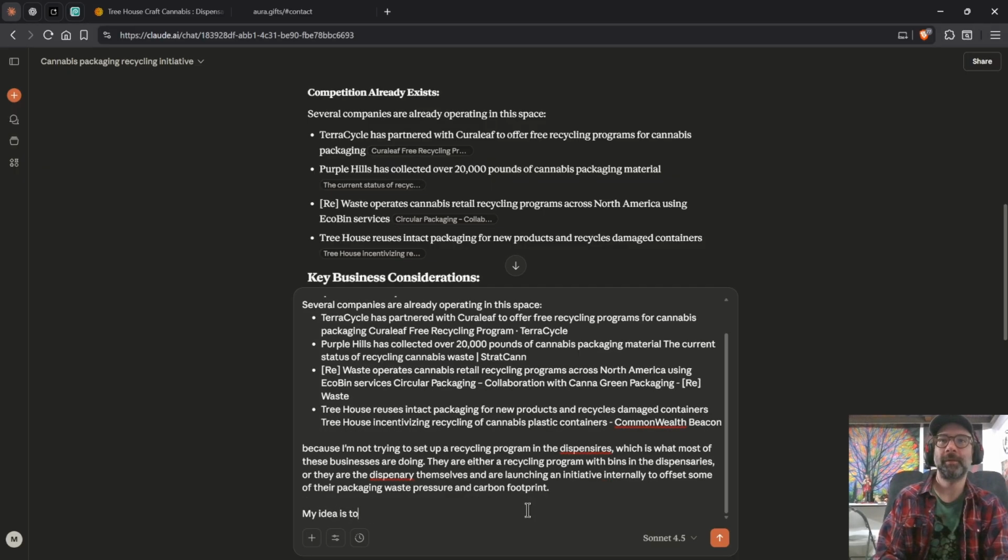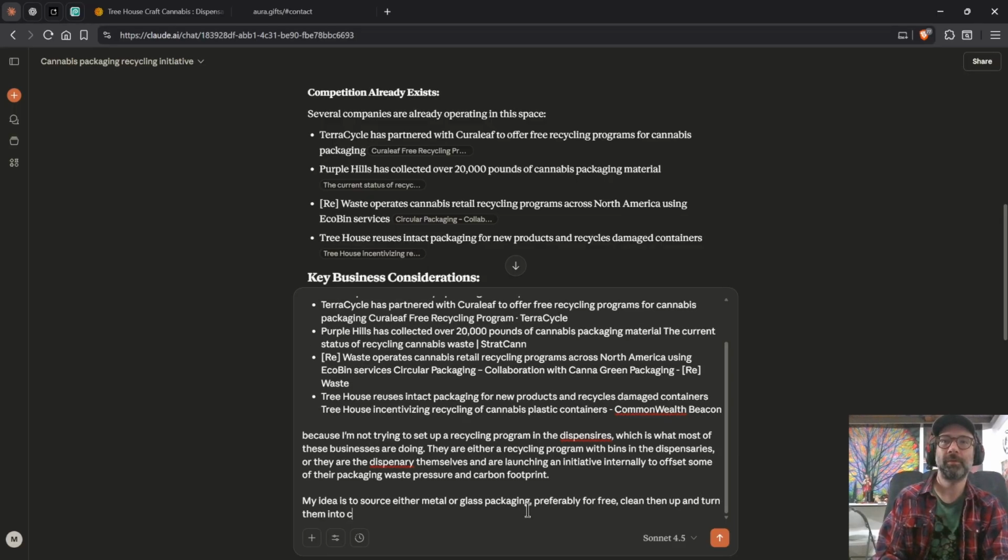My idea is to source either metal or glass packaging, clean them up, and turn them into crafts or low-cost items for resale, like wallets,